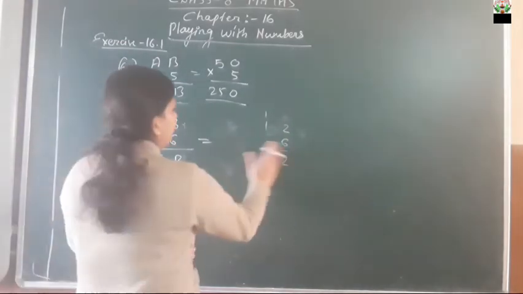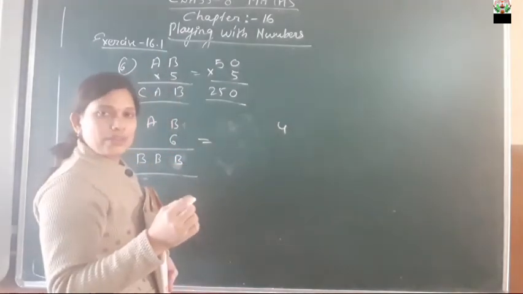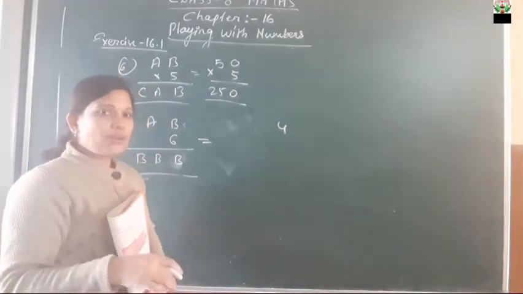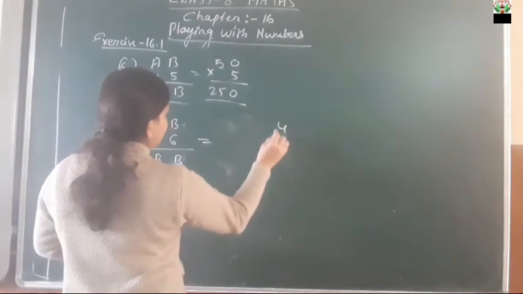So here we are going to take, suppose, 4. 1 is over, 2 is over, the answer is not coming. 3 is also over, then also the answer is not coming. So we are going to take 4. Now let's see whether 4 is coming or not. So here